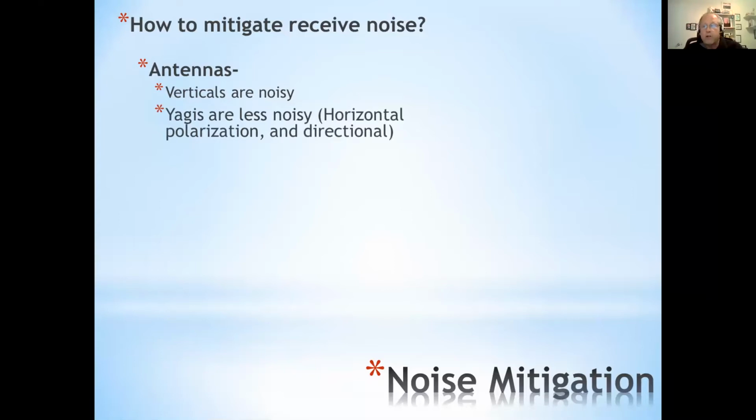The Yagis are much less noisy. They use horizontal polarization, and the good thing about a Yagi, especially one with more than a couple of elements, is they're pretty directional. So if you've got noise coming in at a side angle or off the back, you can move the antenna around, and sometimes you can get a real good deep null on the noise, though the primary signal you're trying to pick up may be a little bit reduced. So once again, everybody talks about what you can do to improve your HF station, right? What's the number one thing you can do to improve your station? Improve the antennas. And that has to do with how you mitigate noise as well. There's no magic there at all other than just